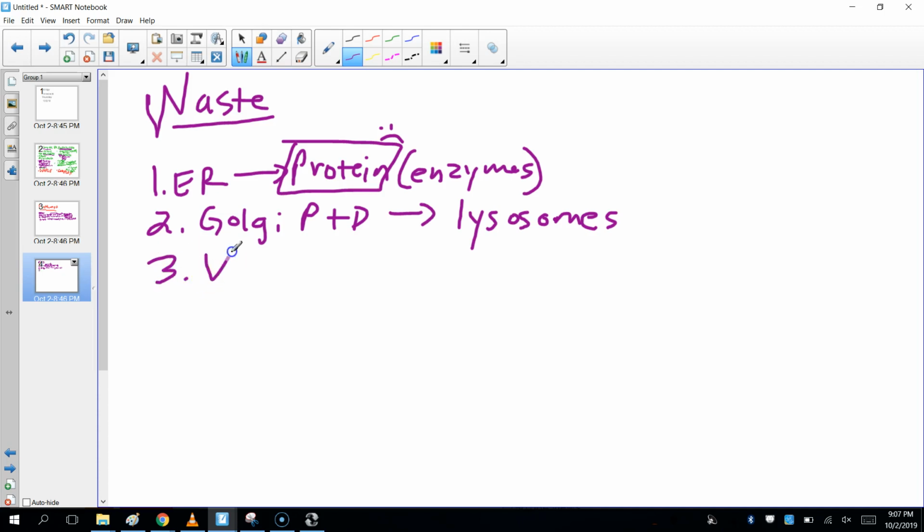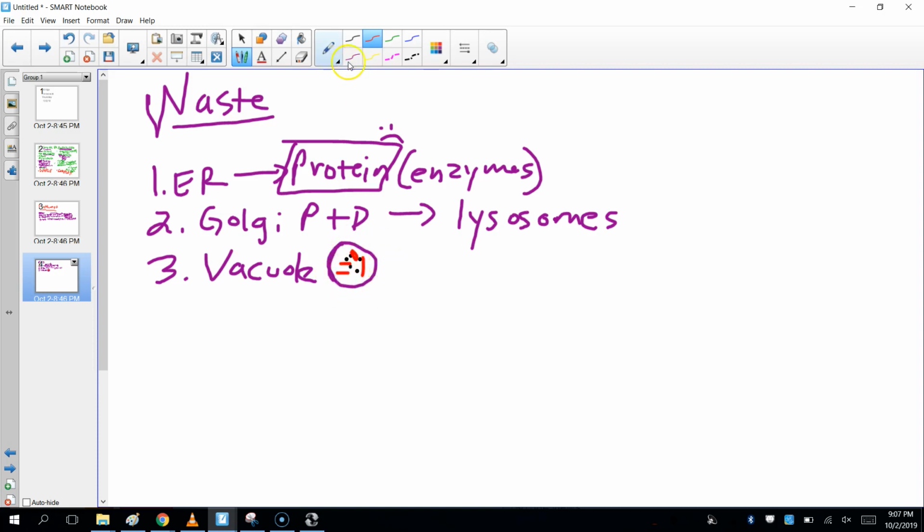And then what you have around the cell are vacuoles. And these vacuoles just kind of like are round, and there's waste inside of it. Okay, it could be cellular waste. It could be food. Okay, whatever it is. And the vacuole just kind of goes around, and that's our vacuum cleaner motion.